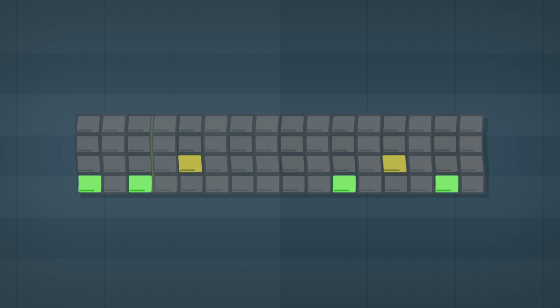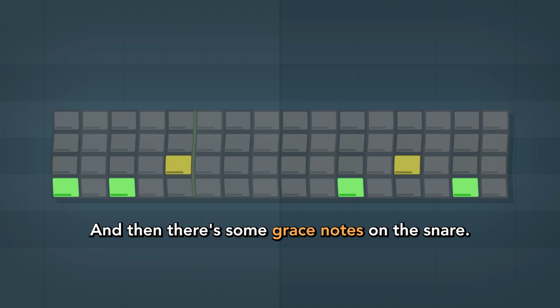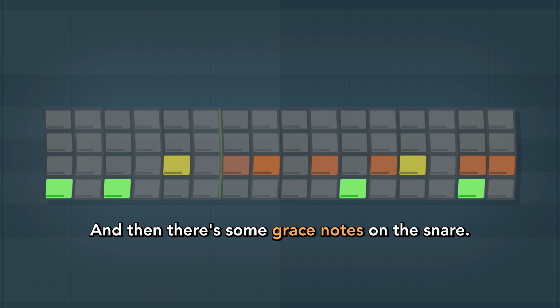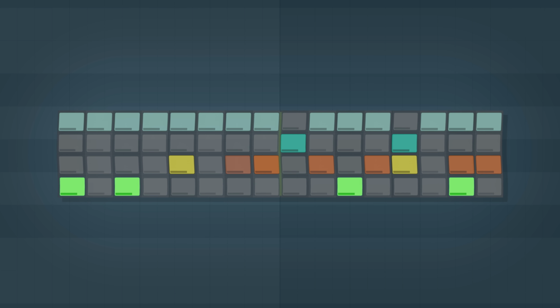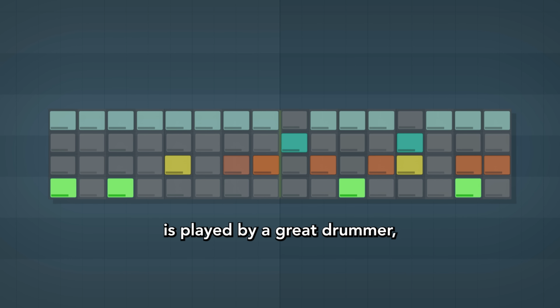This is the core. And then there's some grace notes on the snare. Add the hi-hats. And now when this simple rhythm is played by a great drummer,